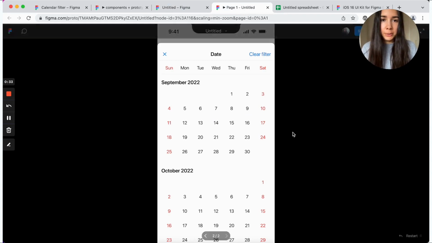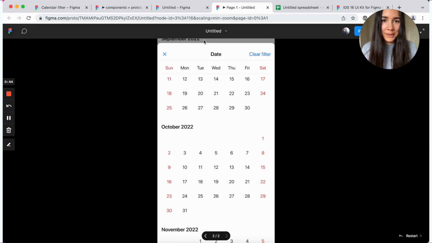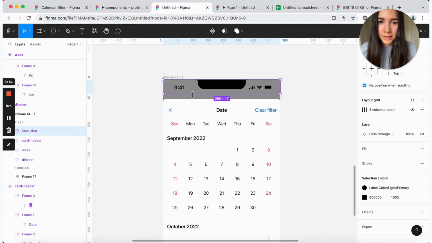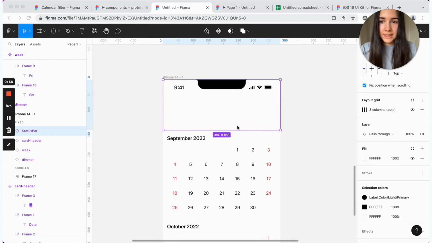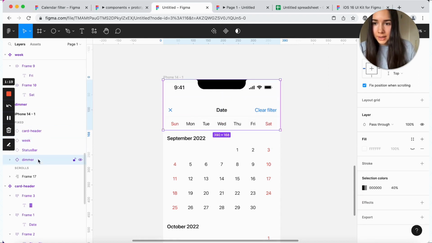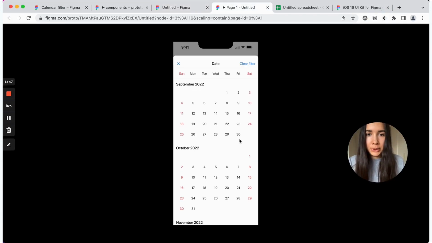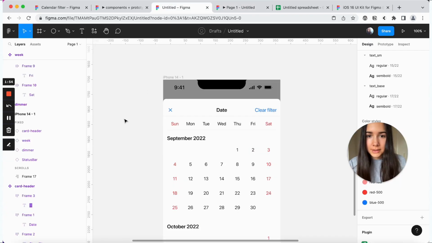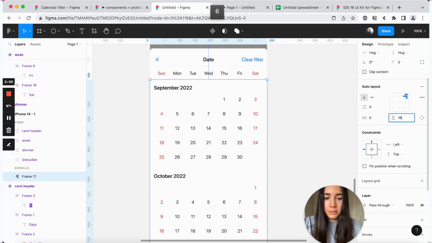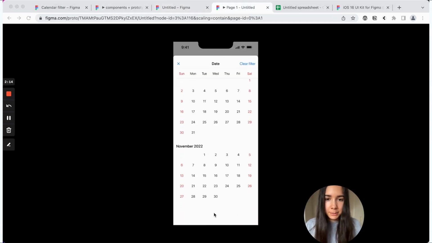Now, when we return to our prototype, you can see that the list is scrolling, but we can see it popping right over here. And again, that shouldn't happen. So what we're going to do is for our status bar, we'll also drag it a little bit down and we'll set the fill to white. And now we just want to make sure that the week and the card header are at the top. And then the dimmer is above the status bar. And now when we return back to the prototype, you can see that it's scrolling as expected. So just a few little things that I could do here is maybe add a little spacing up at the top and the bottom of the list. So now when we scroll, we get more space here at the bottom.